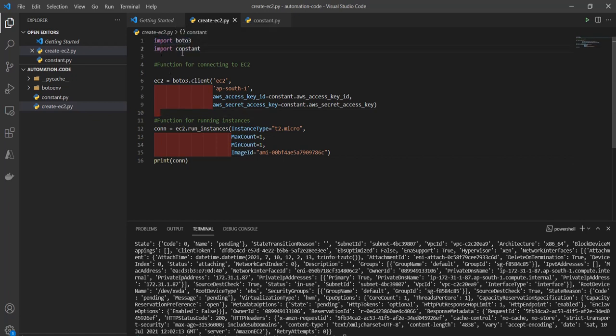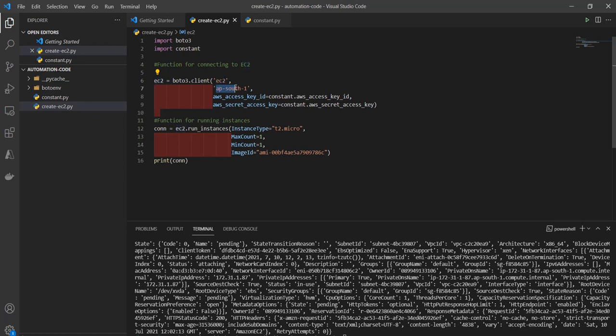After that, I have created variables for storing the AWS access key ID and AWS secret access key, which are defined in our constant file, so I just imported them. Now here I have created the Boto 3 client. Actually, I want to create an EC2 instance using the Boto 3 client, so I just define the EC2 service here.